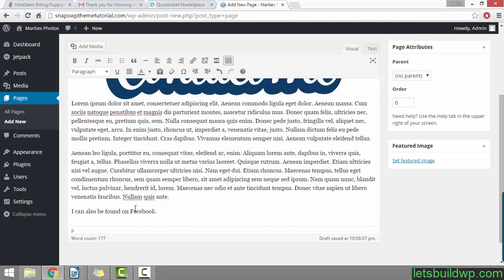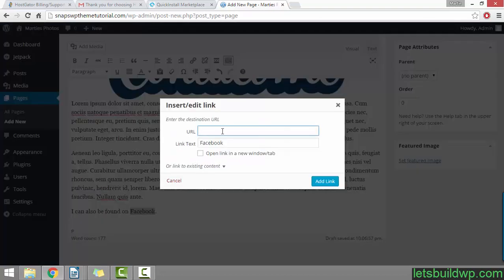Then if we highlight the word Facebook, we can click this icon at the top that looks like some chain links. Then here we can type in our Facebook URL. So you would want to copy and paste in your Facebook page URL. For the example, I'm just going to type in